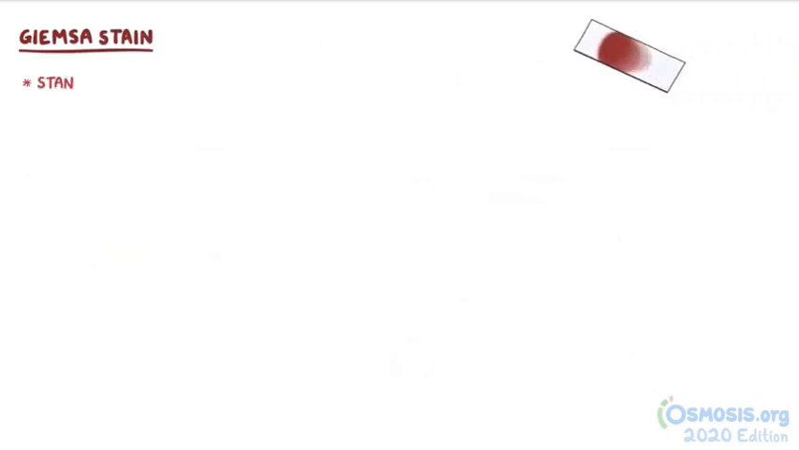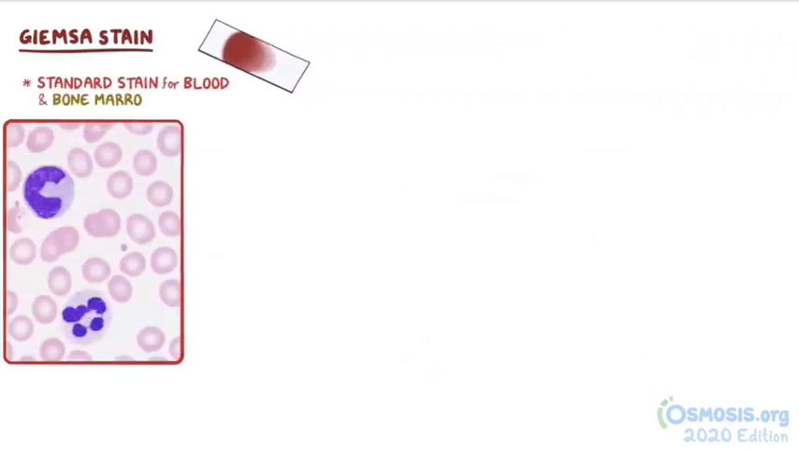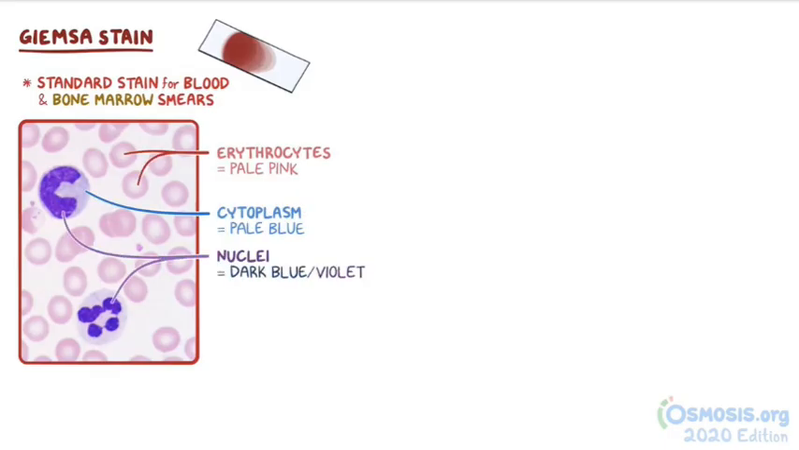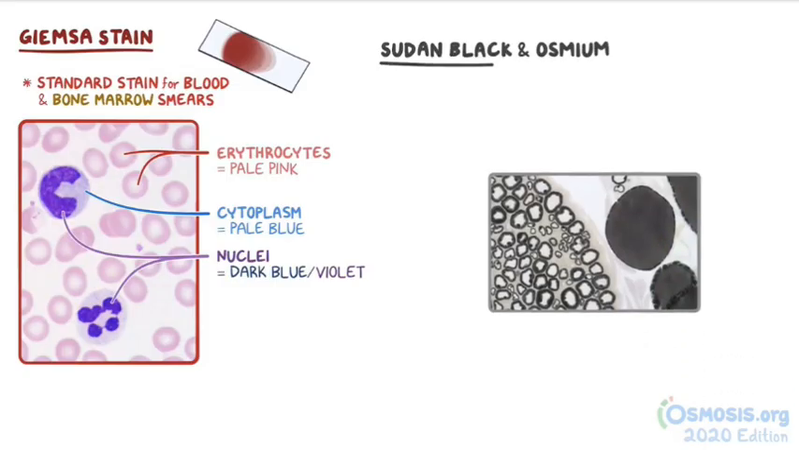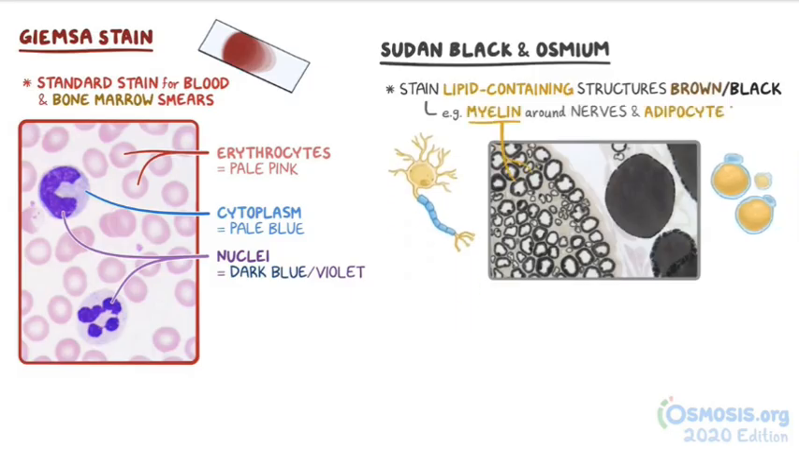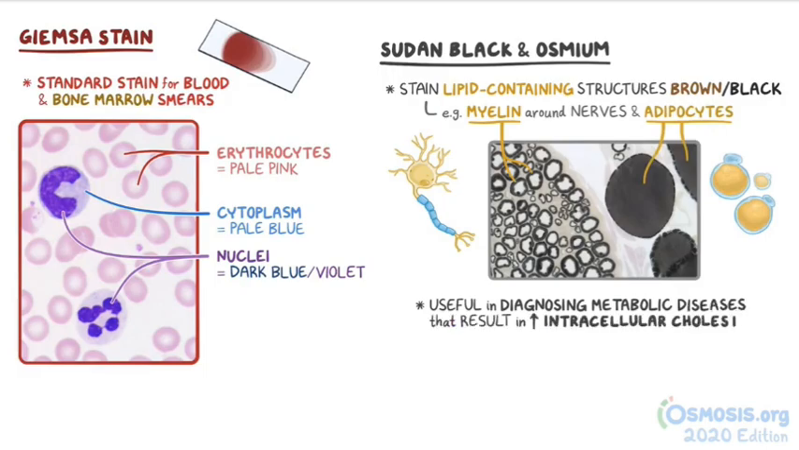Giemsa stain is a standard stain used for blood and bone marrow smears. Erythrocytes will appear pale pink, cytoplasm a pale blue, and nuclei a dark blue or violet color. Sudan black and osmium are dyes that will stain lipid-containing structures a brown or black color, such as the myelin around nerves and adipocytes. Also, this stain can be useful in diagnosing metabolic diseases that result in increased intracellular cholesterol,